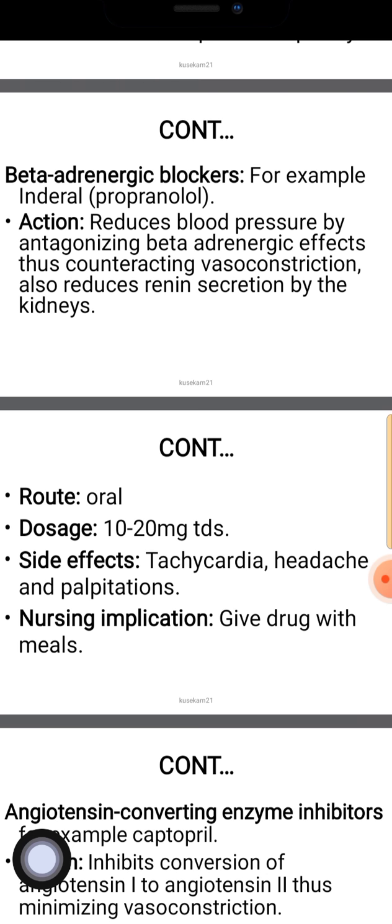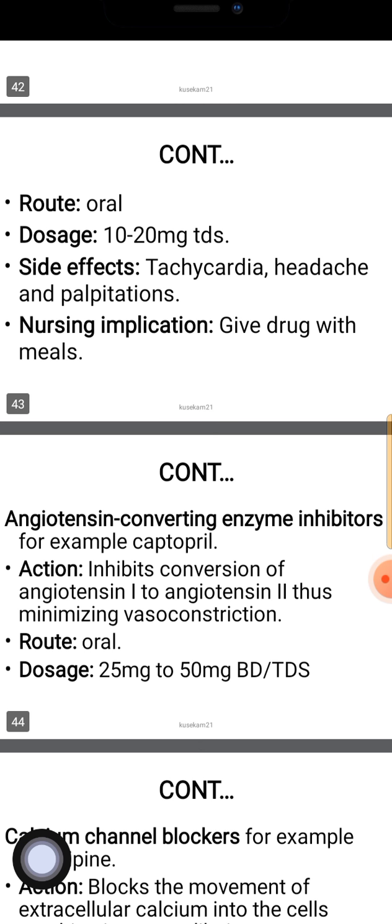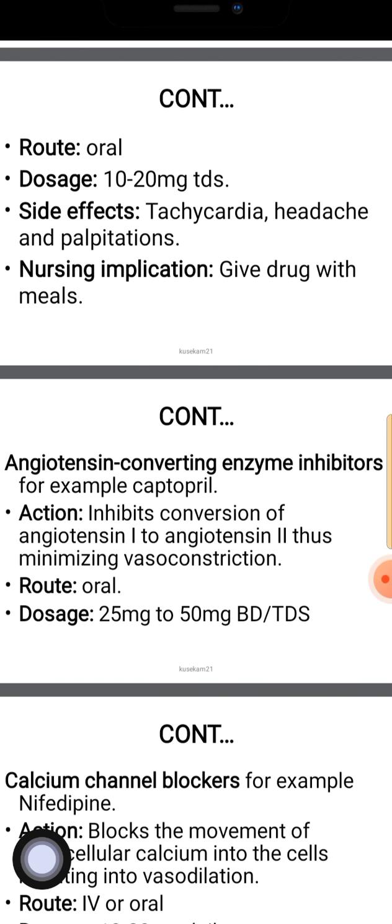Route: oral, dosage 10 to 20 milligrams TDS. Side effects: tachycardia, headache, palpitation. So the side effects may be the same sometimes. Nursing implication: give the drug with meals. You can't administer this one without the patient eating something, but advise the patient to take a meal before